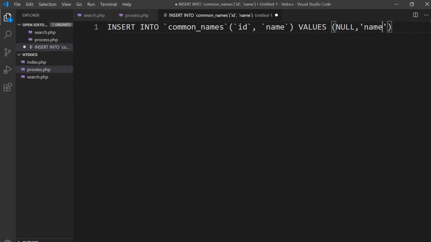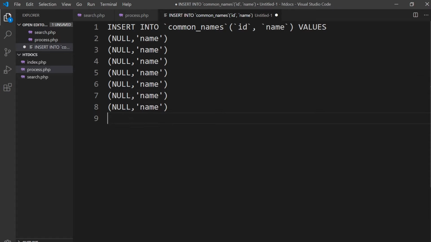So I've moved it here so we can see what we're doing. So what we want to do is just add in some more data a little bit quicker than one at a time. So if we line the code up here, we can just change where it says name and just add, say, 10 new names very quickly. We're going to need a comma in between, except on the final line, and then curly braces, and then